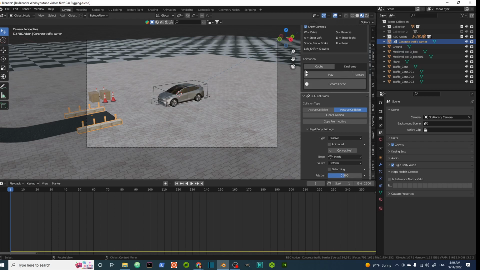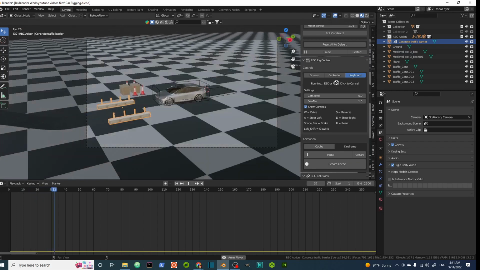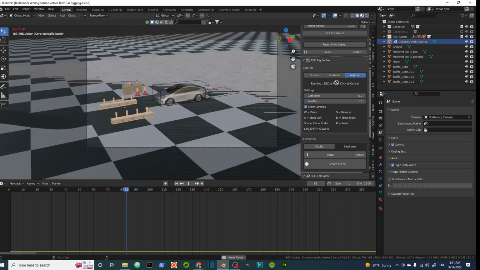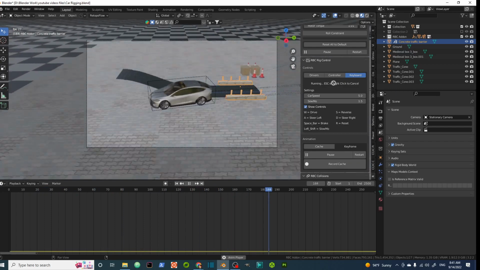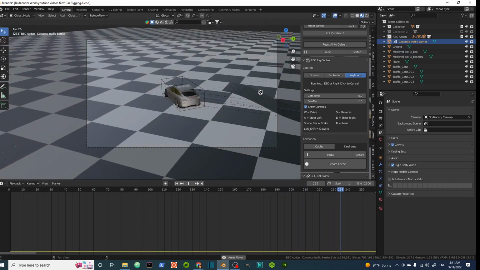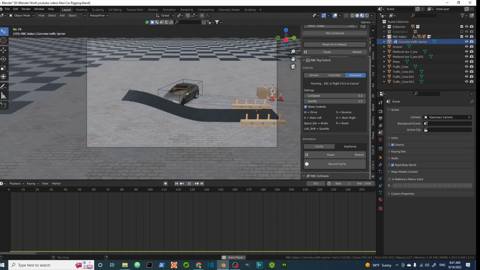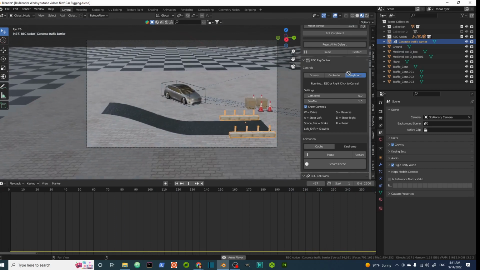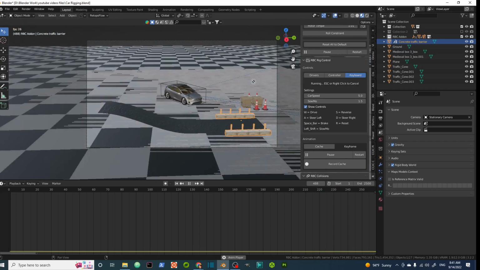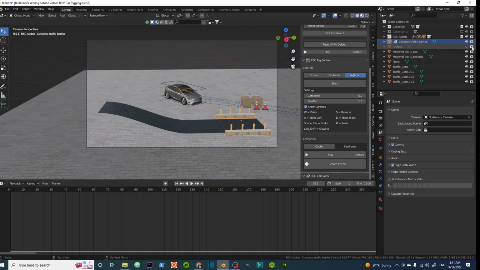So let's disable the convex hull, keep it as a mesh, and let's try to play our animation again. So go back, start. I hope I can jump. Not yet. Oh, now. Oh, I'm very bad in car driving. So why is it going like this again? The ground, I need to disable it, because it's just flickering, as you can see right now. So let me disable the ground here from being displayed. Reset everything,